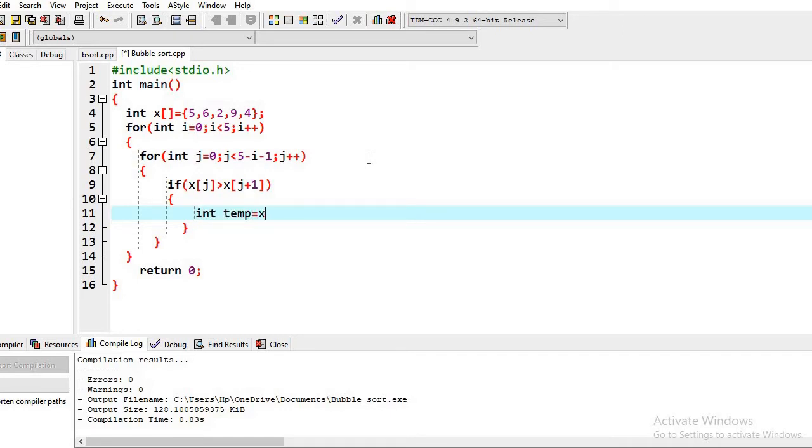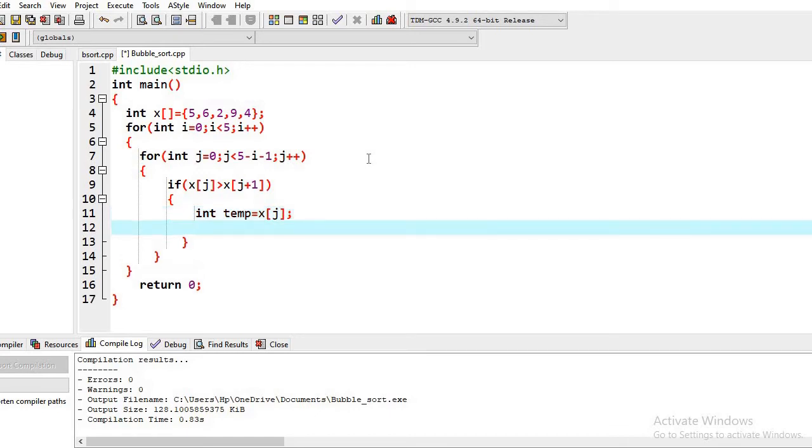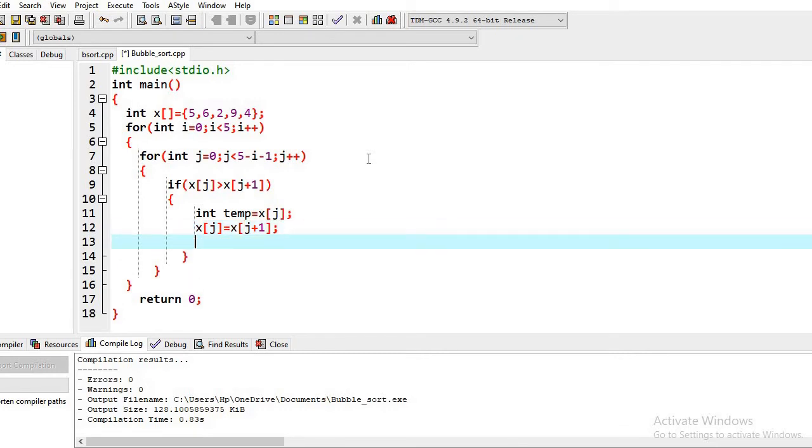We put the value of x[j] in temp, then in x[j] we put the value of x[j+1], and then x[j+1] equals temp, like this. In this way we can perform the swapping.